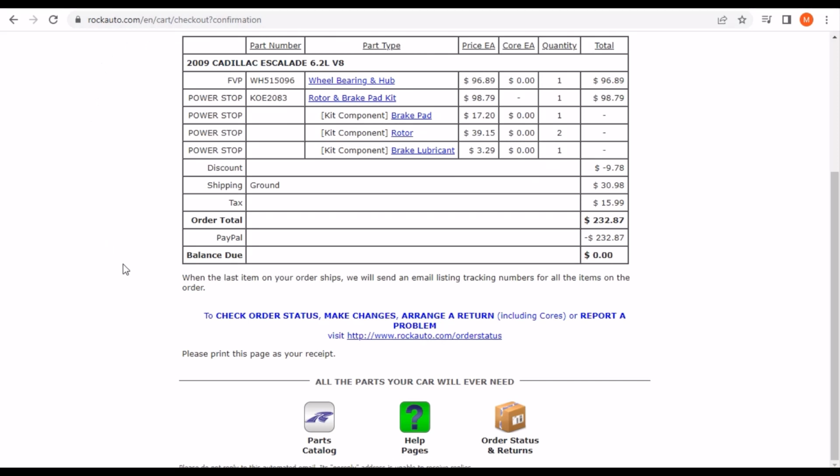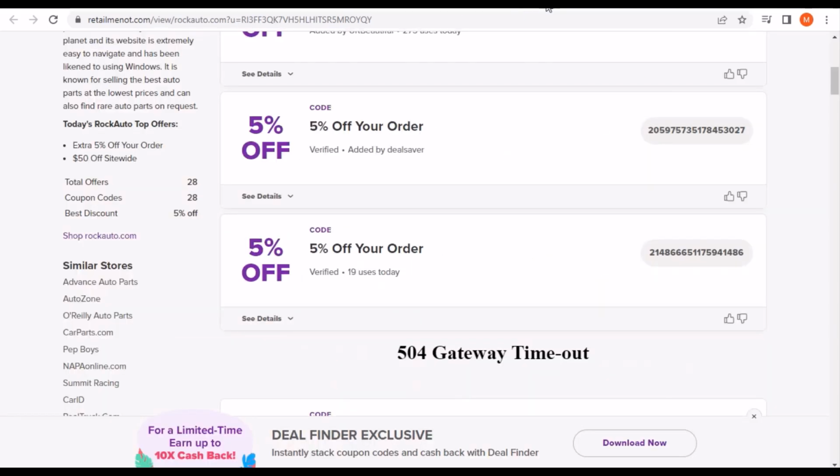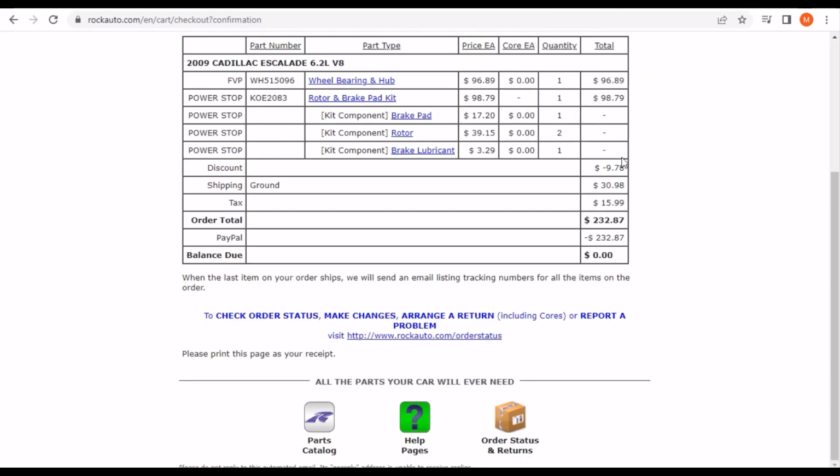Just like how all the other sites had a discount, RockAuto normally gives about a 5% discount once you make an order. Probably a few days after that, they'll say, hey, here's a discount code for you, and it'll be good for 2-3 months or so. Now mine ran out the beginning of September, so I Googled it real quick. Got this code off of RetailMeNot,